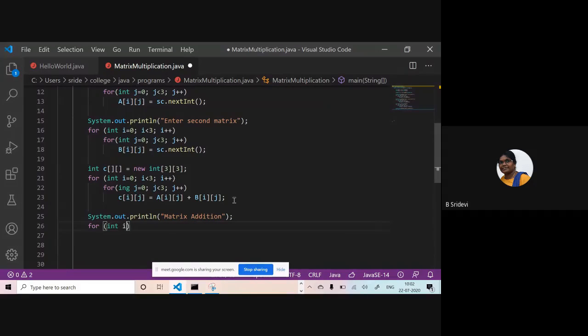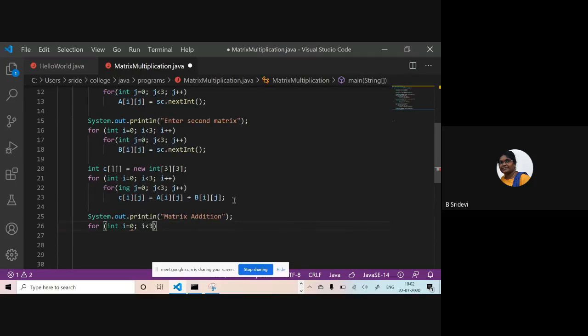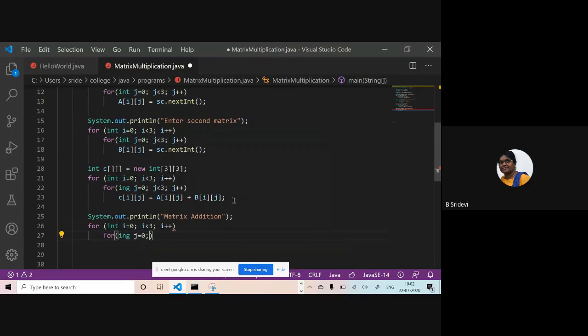For int i equals to 0, I'm typing again and again so that you will see i plus plus. For int j is equal to 0, j less than 3, j plus plus. System.out.print.